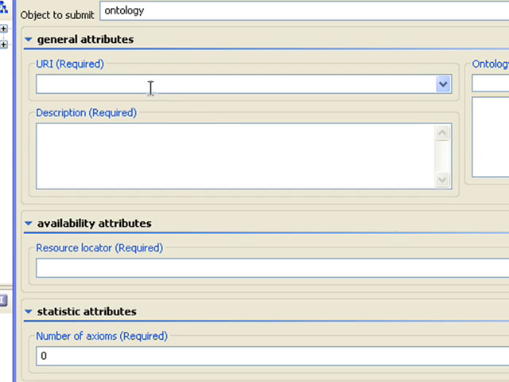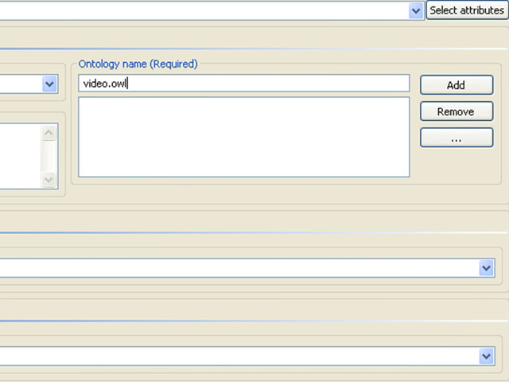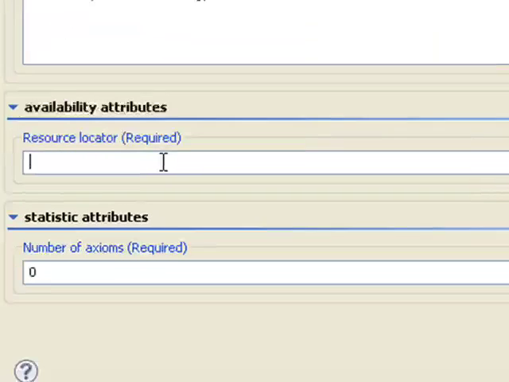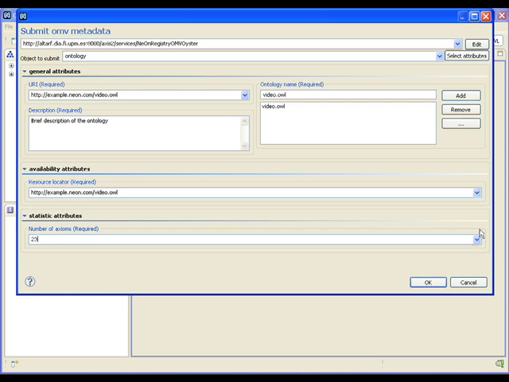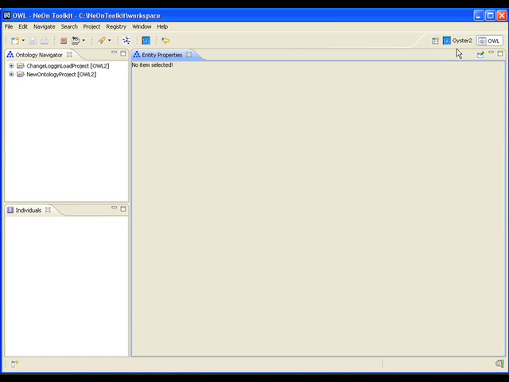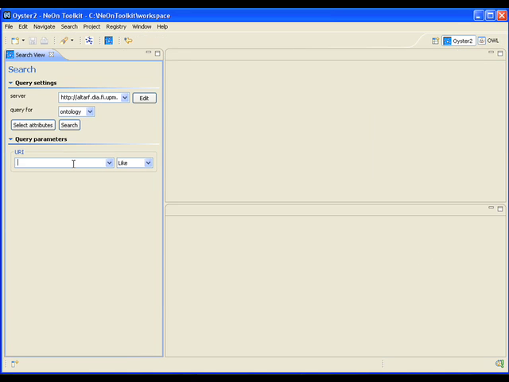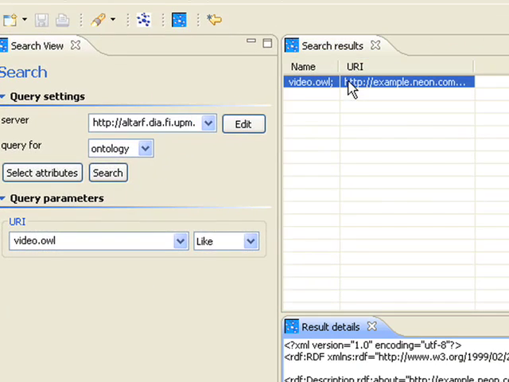In this case, we enter the URI parameter, a description, an ontology name, the resource locator. In this case, the value will be the same as the URI, and a number of axioms. Click OK. If everything is OK, you'll see a confirmation message. To be sure that the element has been added, we can perform a search with the URI of the new